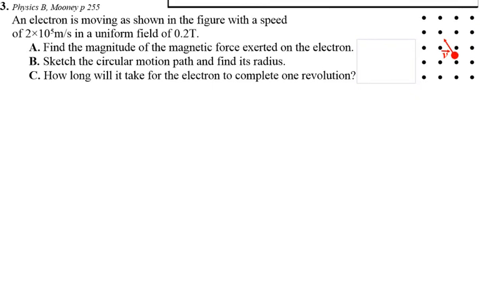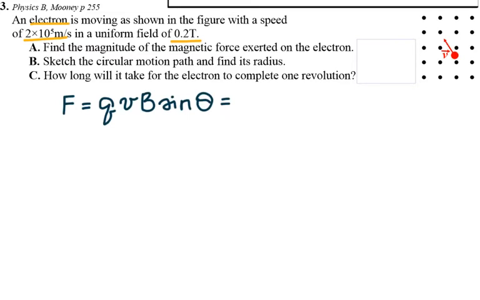In this question, they say that an electron is moving as shown in the figure with the speed of, so we have the velocity of the electron, in a uniform magnetic field of 0.2 Tesla. Find the magnitude of the magnetic force exerted on the electron. So because the electron is traveling perpendicular to the magnetic field lines, I will have the sine of 90 degrees